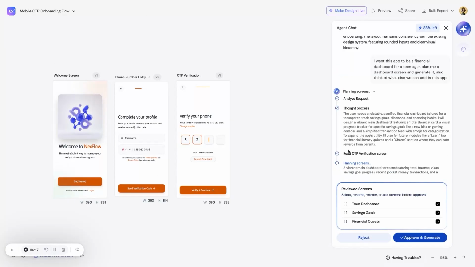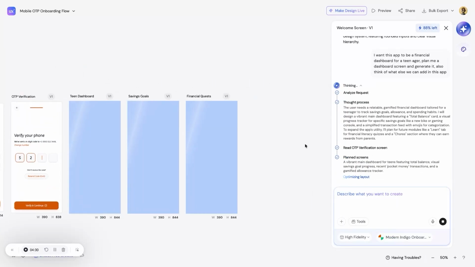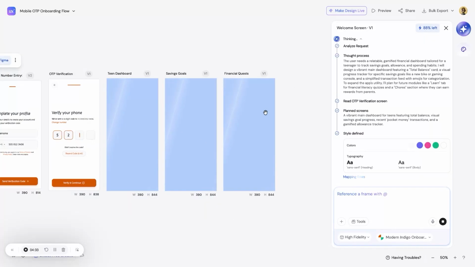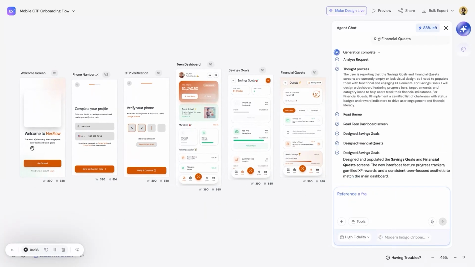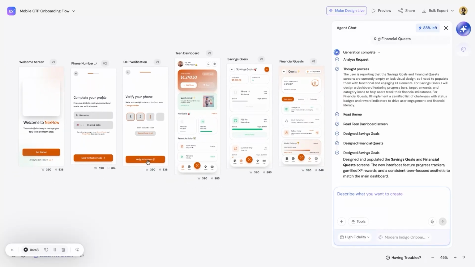As you can see, it has given me some screens to review: teen dashboards, saving goals, and financial quest. These are the 3 screens it wants to generate to make this app better. I'll click Approve, and it will generate all 3 screens. As you can see, I now have the 3 screens I asked it to create, but I don't feel the